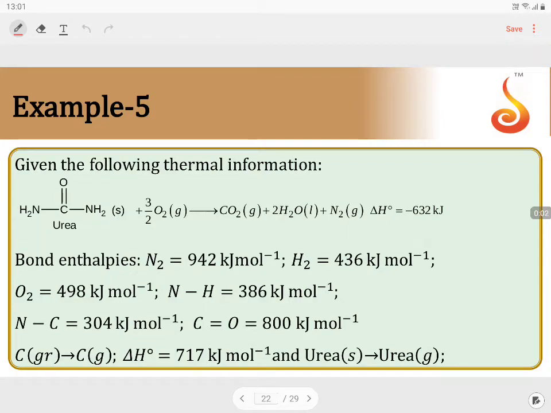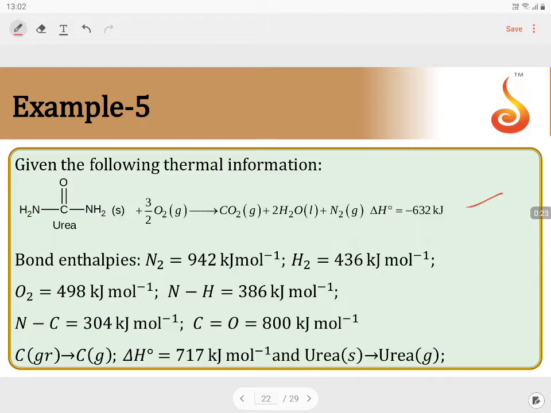Given the following thermal information, urea reacting with oxygen gives CO2, H2O, and nitrogen. This is the enthalpy of the reaction. We can say this is the enthalpy of combustion of urea. Bond enthalpies are given for nitrogen, hydrogen, oxygen, N-H, N-C, and C=O,